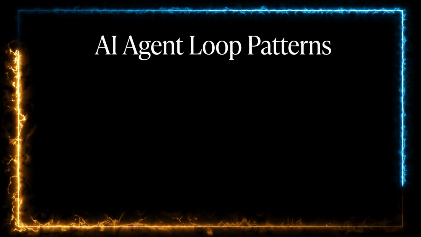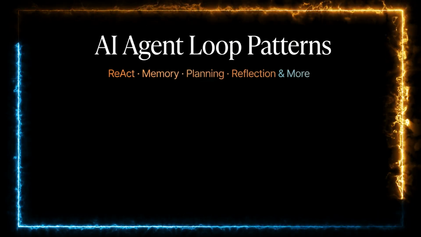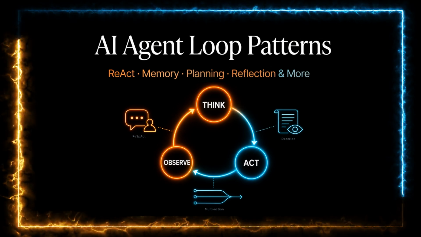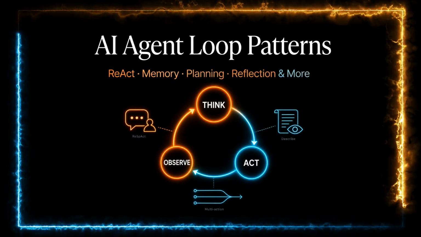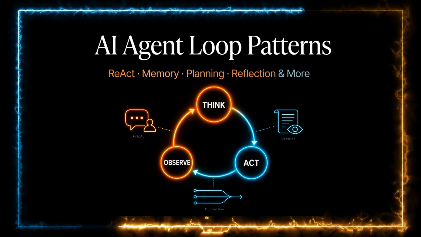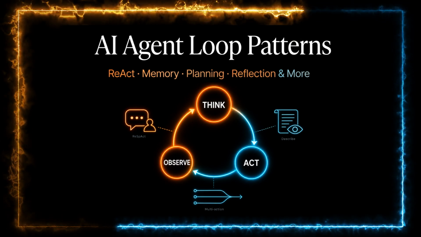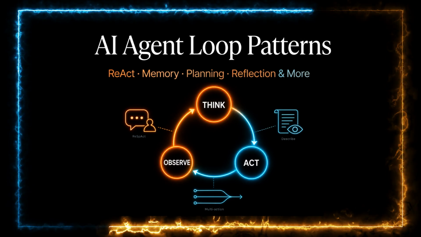Welcome back. This is part 2 of AI agent loop patterns. In part 1, we stayed close to the core idea. Think, act, observe. Then we added conversation, user-visible narration, and parallel tool calls when work is independent. In part 2, we go one level deeper into how real agents stay useful when tasks are messy, long, or